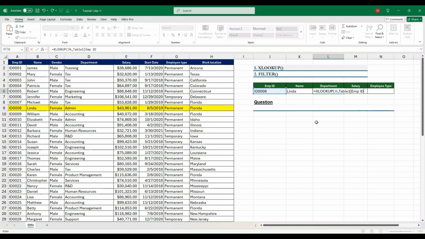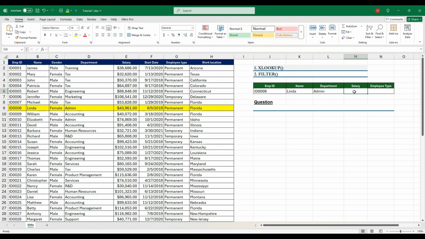In return, we want to know the department that person is working in. So the return array will be table 1 and the header will be department. Now if I close the bracket, I can see this ID is working in the admin